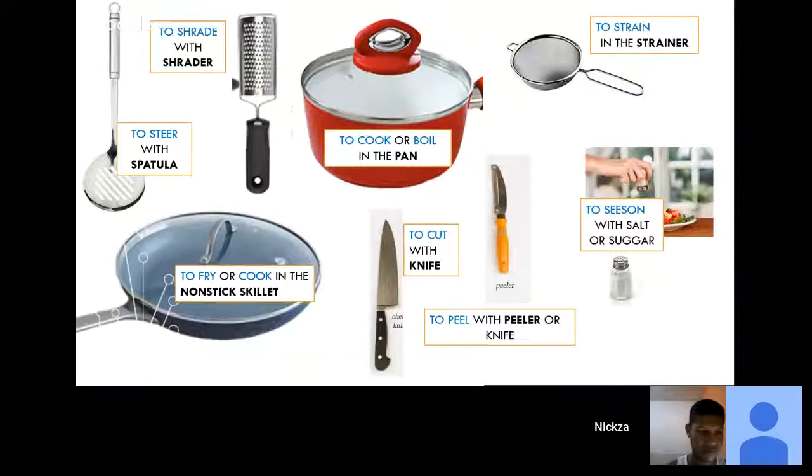So, in order to describe our favorite recipes, we will try to use this vocabulary that you can see on your screen right now. First, I'm going to begin with my example. I'm going to describe how I used to prepare my spaghetti, which is my favorite recipe in the world. The first thing I used to do is have everything prepared, like all the tools and the ingredients that I will need for my recipe.